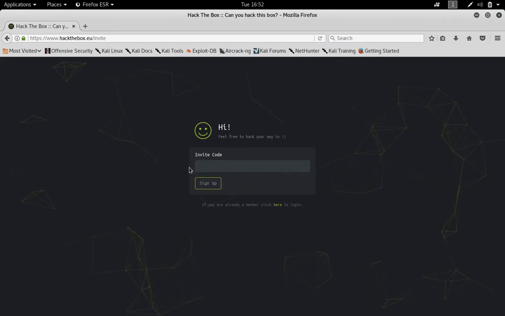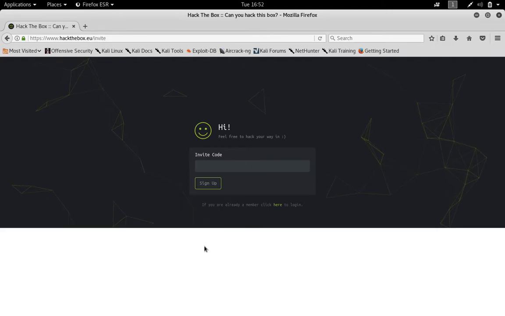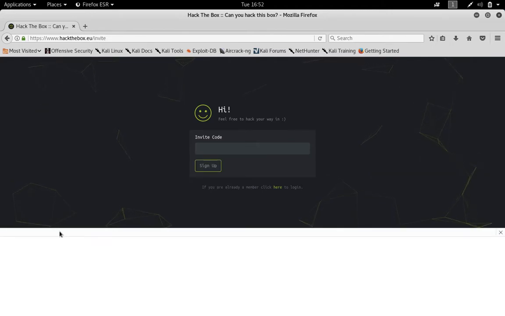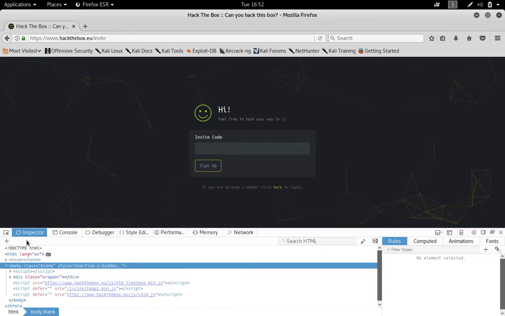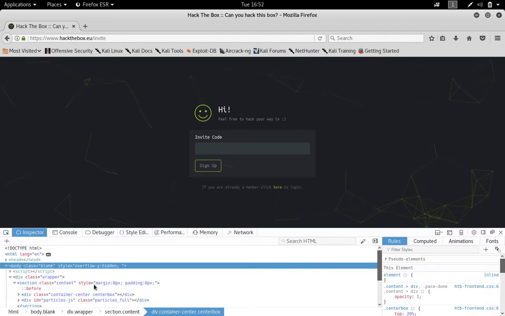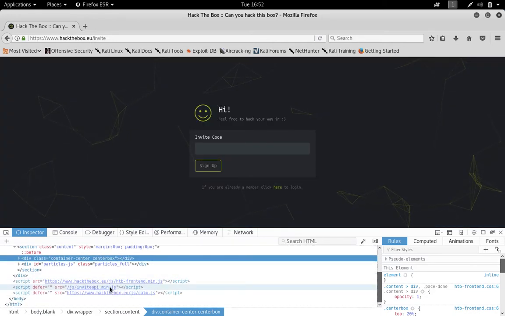So what we have to do is click on inspect element and scroll a little.